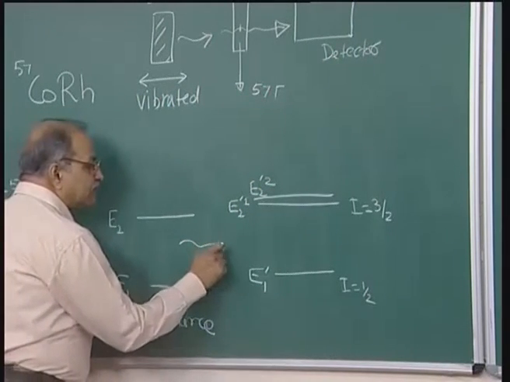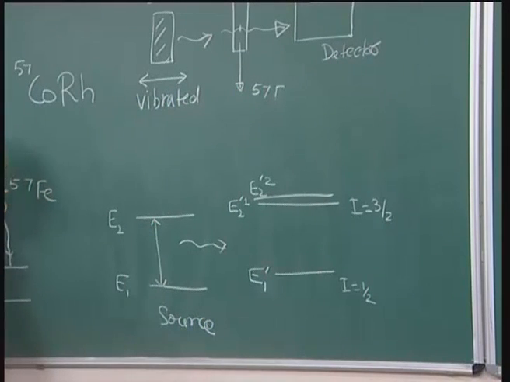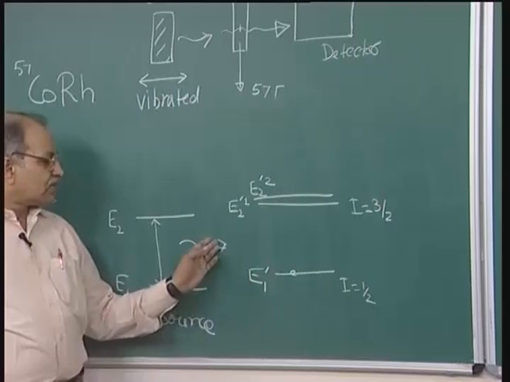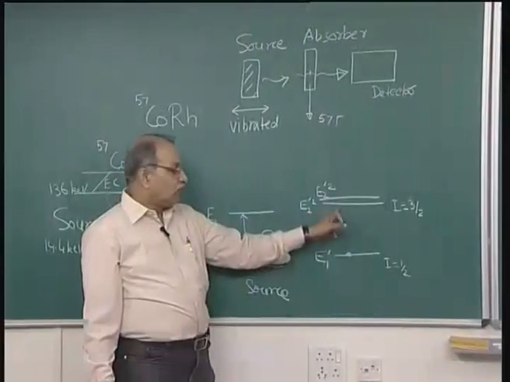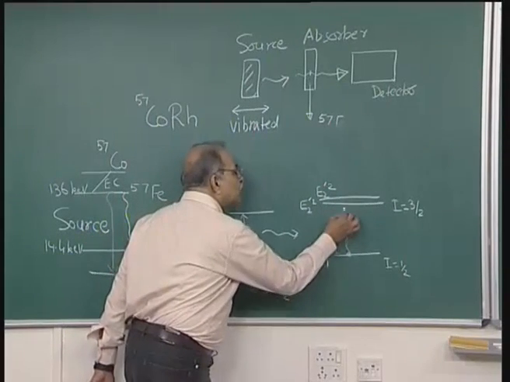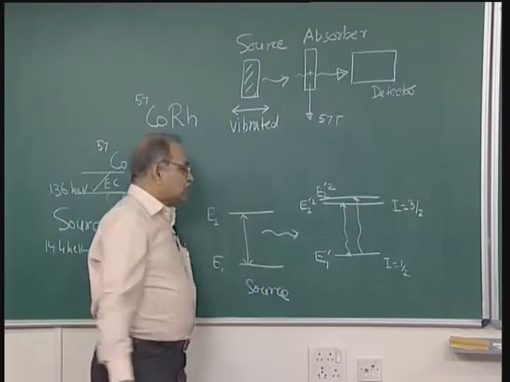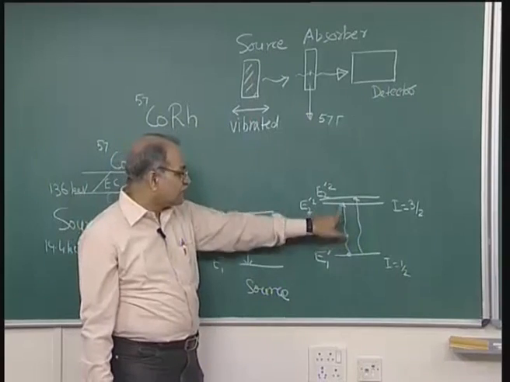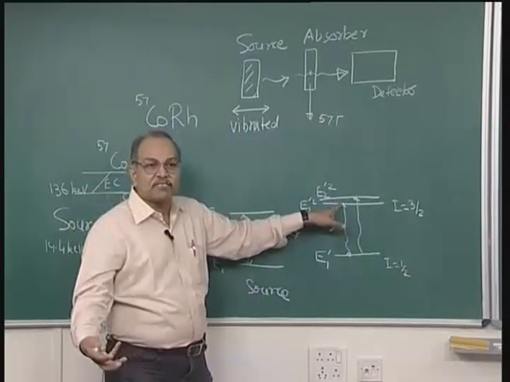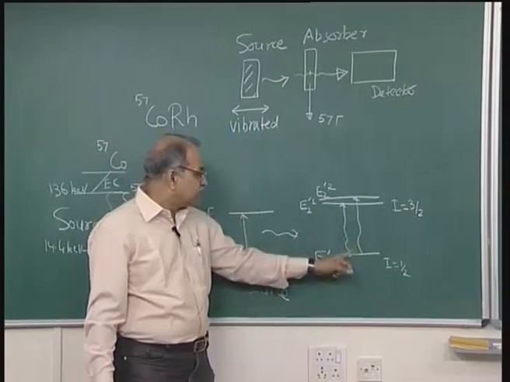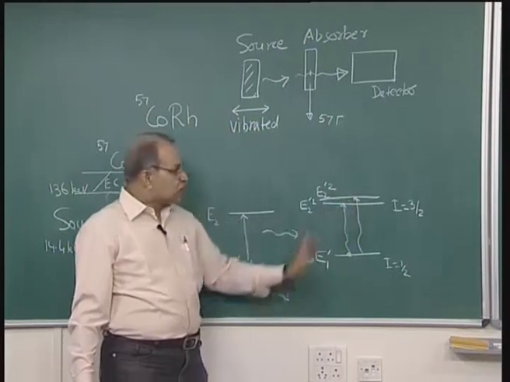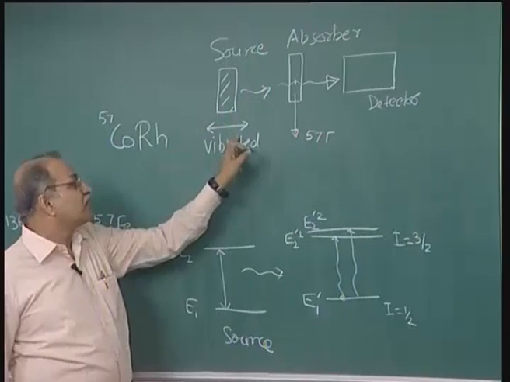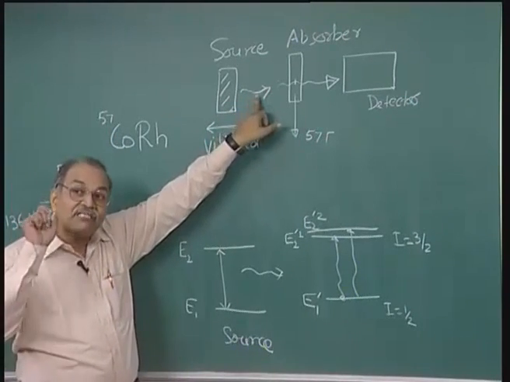So, a gamma ray is coming with this energy, and here this gamma ray falls on the iron 57 sitting in the ground state and tries to take it either to this level or to this level. So, there are two different energies at which this resonance will take place. If the incoming energy is equal to this much, then also there is a level there and the probability of this gamma ray getting absorbed will increase, and if the energy is equal to this, then also it will increase. The gamma ray coming from the source has its energy Doppler shifted because of this vibration. So, at two different velocities, V1 and V2,